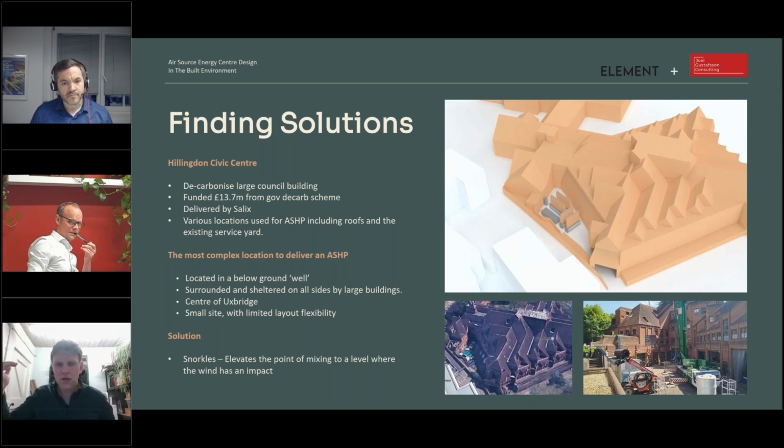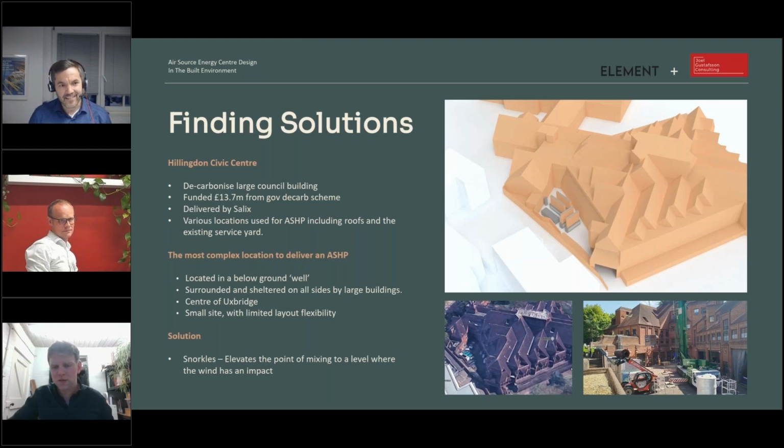So what we did was we simulated the idea of adding these snorkels to the heat exchangers. What you can see in the clay rendered image there is these snorkels that are on top of the heat exchangers, and it solved the problem. So we're really proud of that solution. I think it's one of the hardest ones we've done, actually, probably one of the smallest, but also one of the hardest ones that we did. And it's great to see that project is now underway.